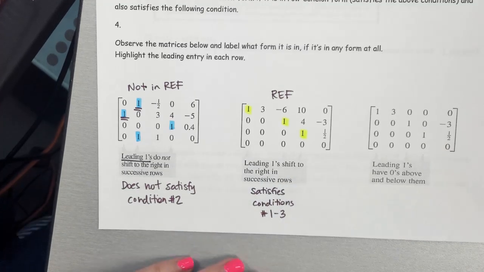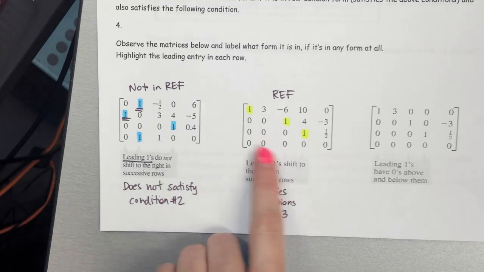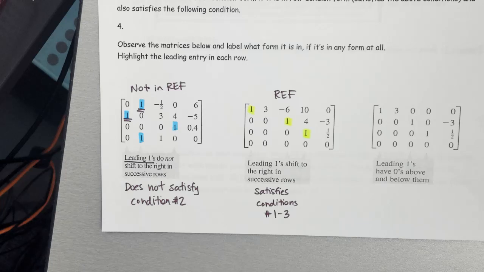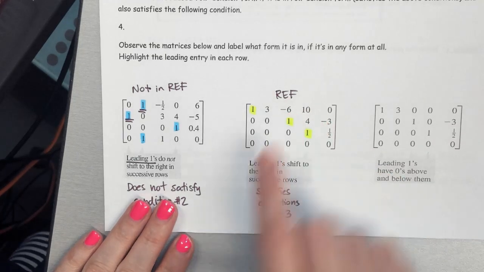Okay, and then in order to satisfy all the conditions, what would this one have to have in order to be in reduced row echelon form? Yeah, it has to have the zeros above it. So condition 4 is having your zeros above it, above the 1s, and above this one we have a -6. Above this one we have the 4 and 10. So these two would have to be 0, and this would have to be